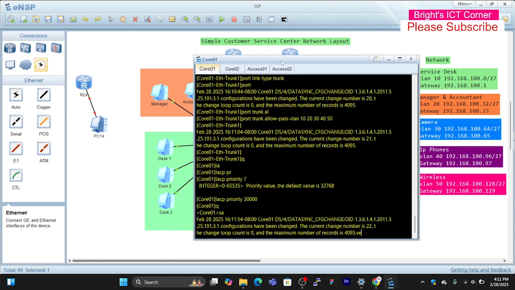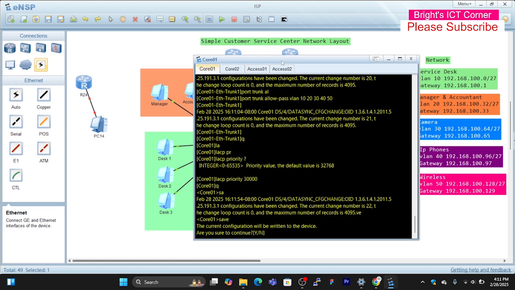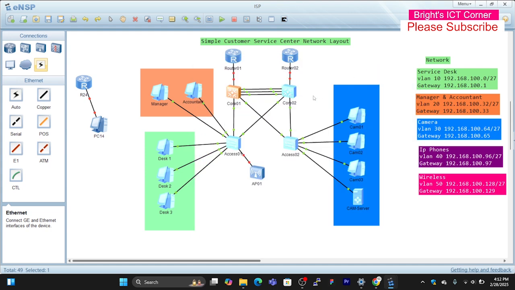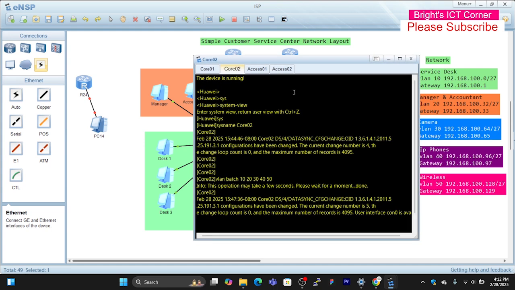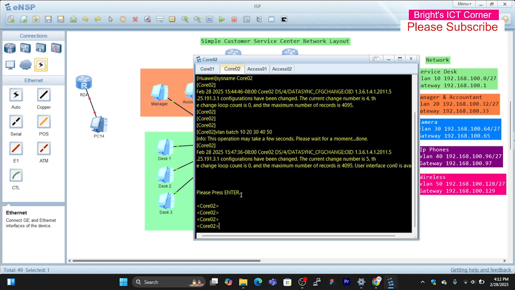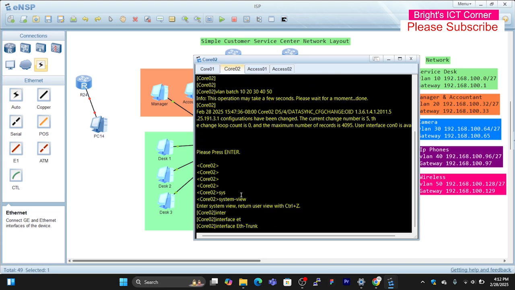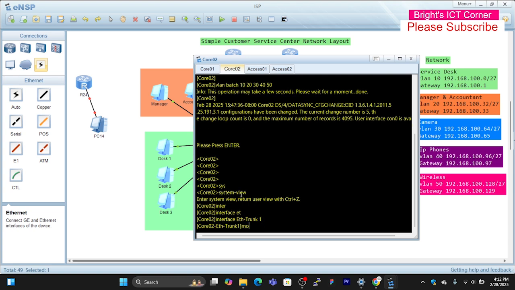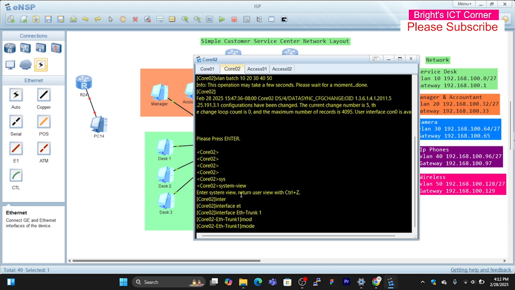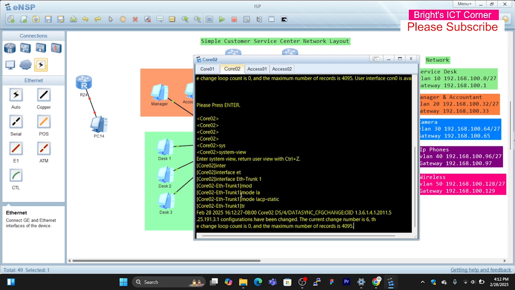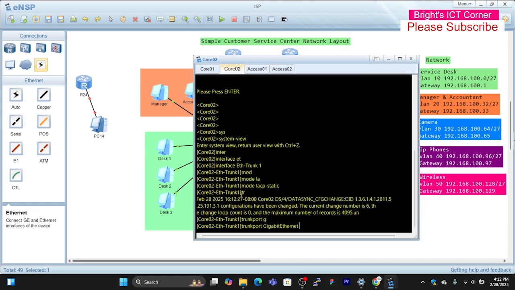We can save our configuration here on core 1. The rest of the configuration we shall do on core 2. So we shall do the same here on core 2. System-view, interface Eth-Trunk 1, mode LACP, then port link type. Let's first add the ports. Trunk port gigabitethernet from